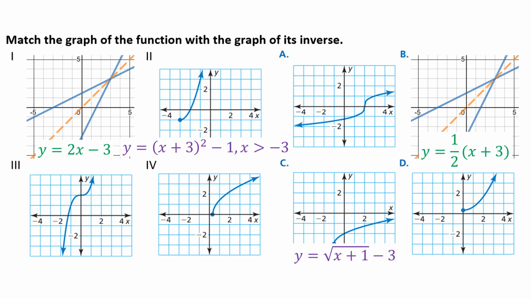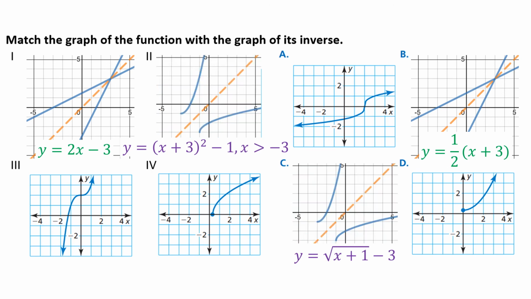In the graph on the left, number 2, we put a restriction in so that we only had half of a parabola. But when we graph the equation for C, we're only going to get the top half because this is only the positive version. We would need plus or minus in order to get the down version. Look at both of these together, and you can see how they are a reflection across that line, y equals x. For the third, it seems like we have a cubic, and it seems like we have shifted up 2